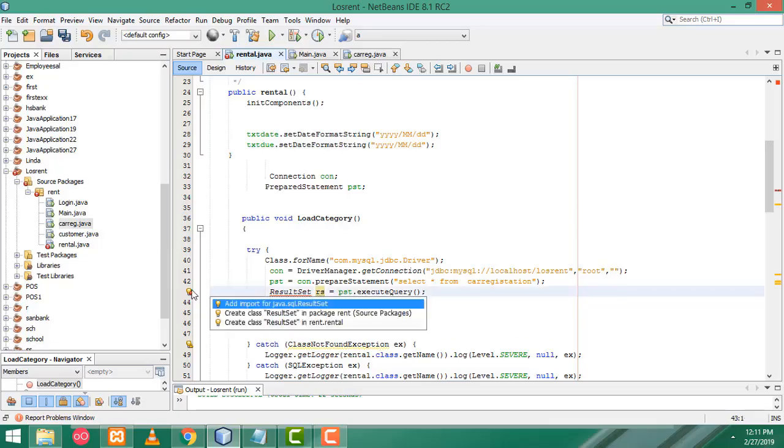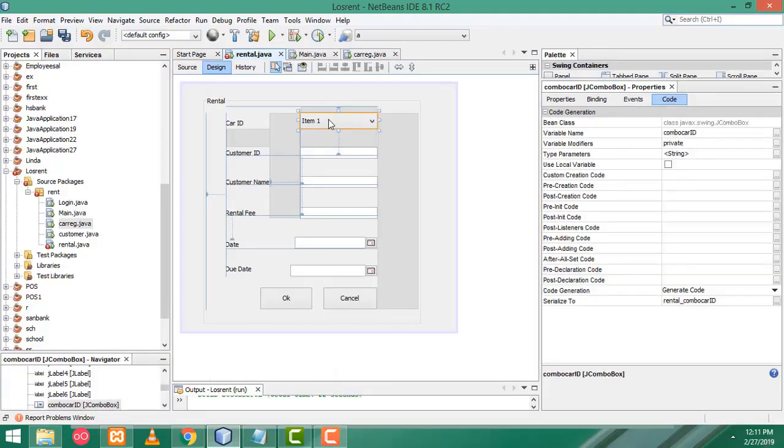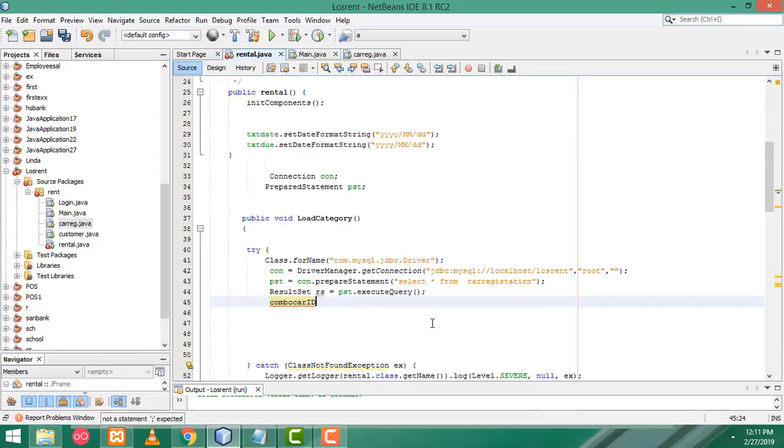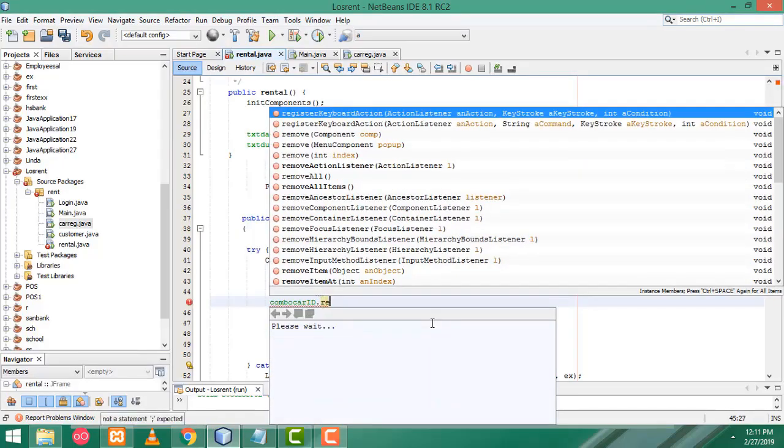Okay, we have to import the. Now we have to write the combo box. What is the name of the combo box? Ctrl C to copy this one. We have to write it here. Dot remove